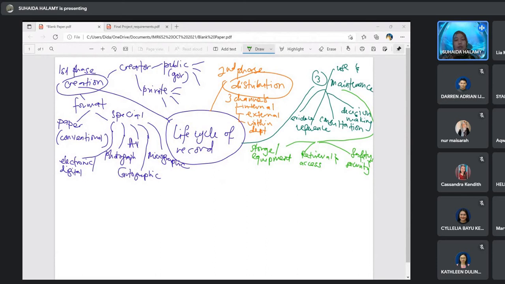Alright. Now we move to the humidity. Humidity we measure using percentage. So for paper, range around 50 to 55. For special, around 45 to 50%. So you take note: humidity we measure using percentage, around range 50 to 55, special 45 to 50.